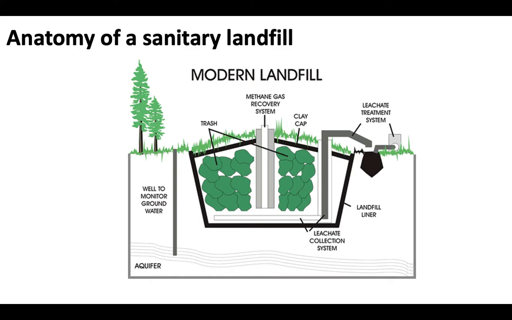Now, a sanitary landfill has a couple different major components you should be familiar with. First of all, we've got the trash, which is these green things here, and we've got a landfill liner. This liner is going to help protect the groundwater, so that way any chemicals that leach out of the trash will not end up in the groundwater. Oftentimes, these are made of plastic, but they can also be made of soil. Usually, the soil they use is clay because it has a low permeability and a high porosity. You've got a clay cap on top as well to prevent leaking.